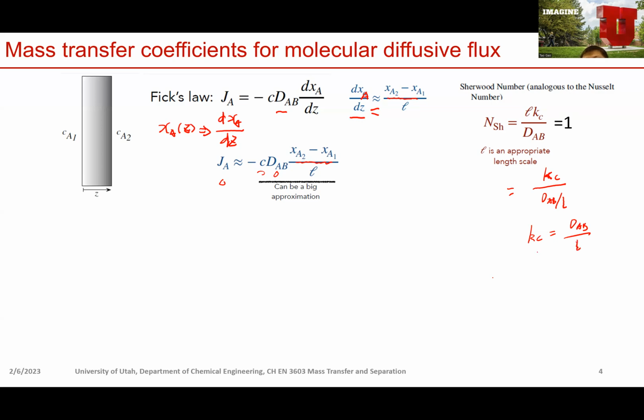Then we can just plug this back here, replacing DAB over L by Kc. And meanwhile, you can plug C into this, right? Then we can get